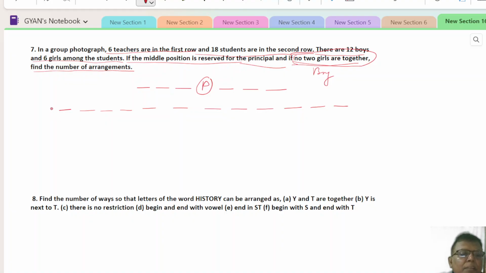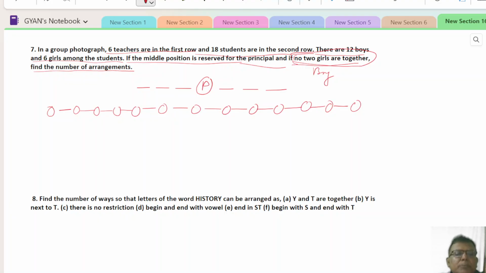So where will be the girls' positions? Here will be the girls' positions: 1, 2, 3, 4, 5, 6, 7, 8, 9, 10, 11, 12, and 13 girls positions, and 12 boys positions,